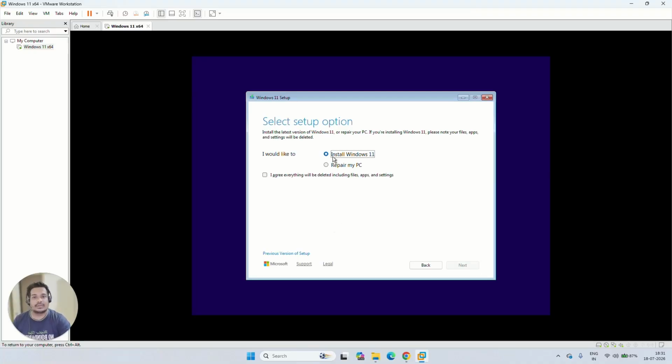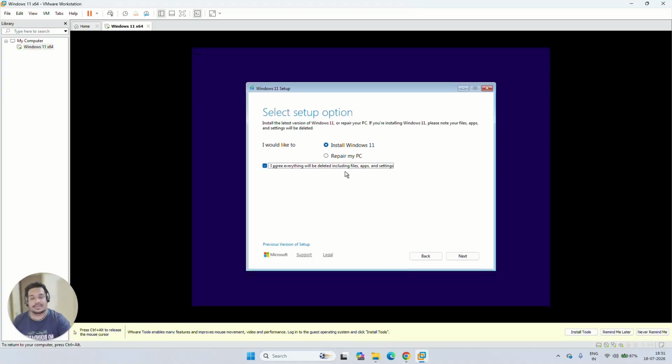So I'll just click on that, and you can see the next button is grayed out. You have to check mark this one. I agree. Everything will be deleted, including files, apps, and settings. So that means like when you are installing